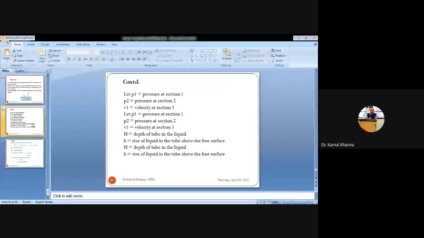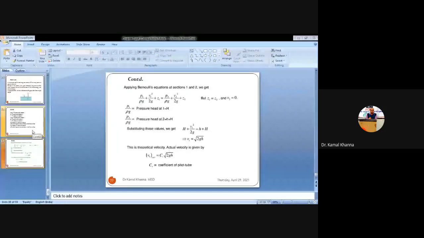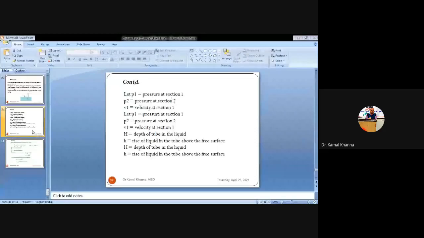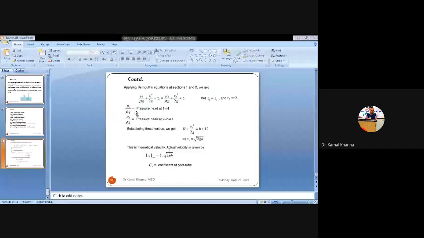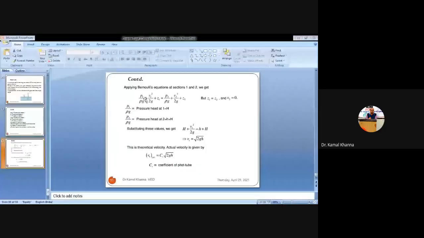So coming on to finding the velocity of flow using this expression and using this instrument, that is the pitot tube. Again we are supposing that this pitot tube is based on the principle of Bernoulli's theorem. That is what Bernoulli's theorem states, that total head at entry remains equal to total head at exit. That is, the amount of liquid entering the pipe must remain the amount of liquid leaving the pipe. So there is no loss, provided that there should not be any source or sink in between the pipe.